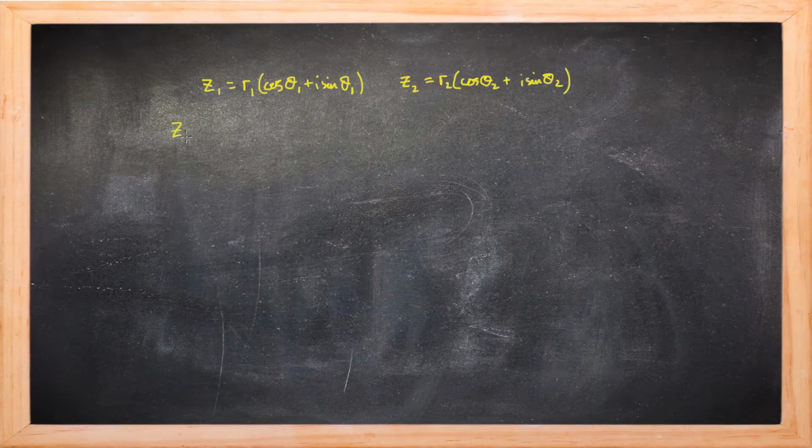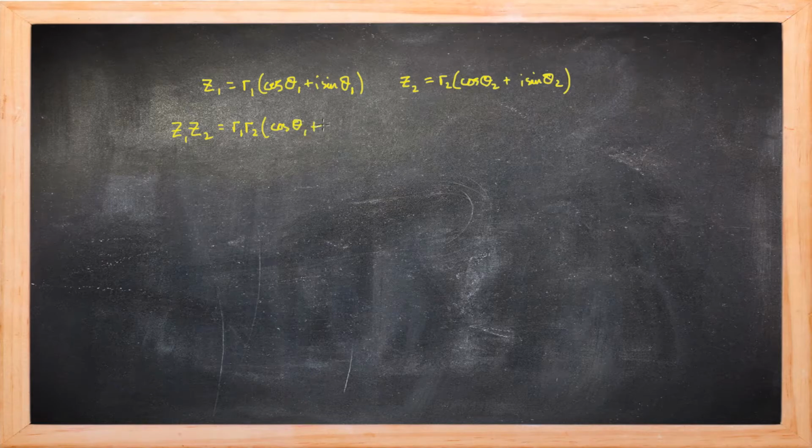So Z1 Z2, their product. We're multiplying this by this, by this, by this, so the order is not important. By the associative law, we can reorder the multiplication, so we get R1 times R2,